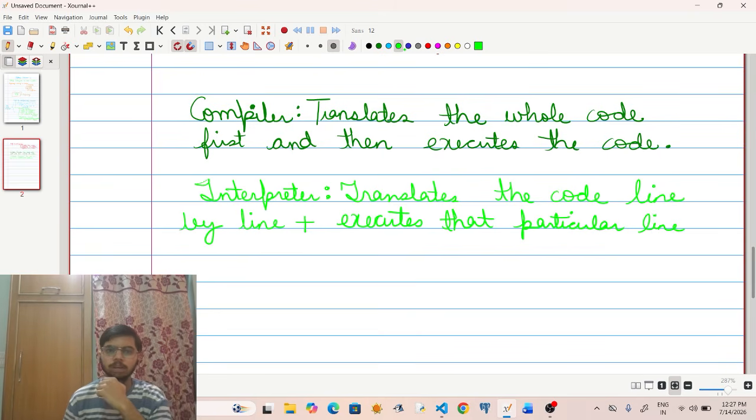Okay, so compiler translates the whole code first and then executes the code, while interpreter is translating each line of the code line by line, and the particular line which it has translated, it is now executing that particular line.